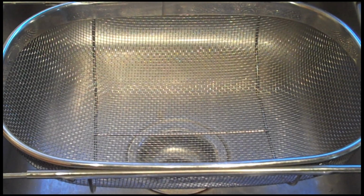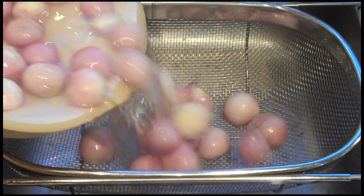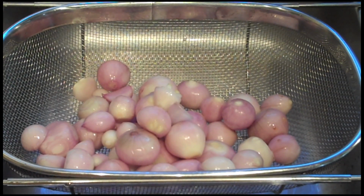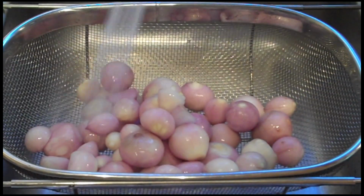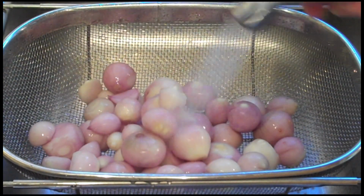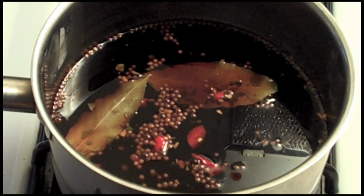The onions have been in the brine now for 24 hours. Just going to drain them through a colander here. I'm still saying onions, and what I'm dealing with here is shallots, but sort of rinse off some of the salt solution that's on the surface anyway. Let them continue to drain and dry while I just turn the flame on under the vinegar pickling